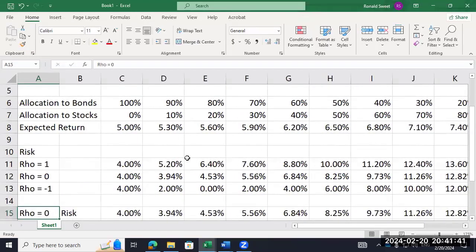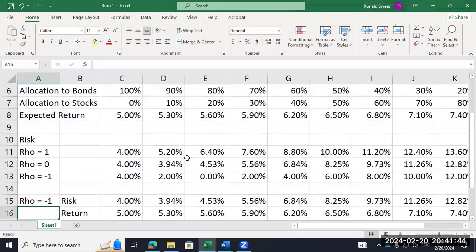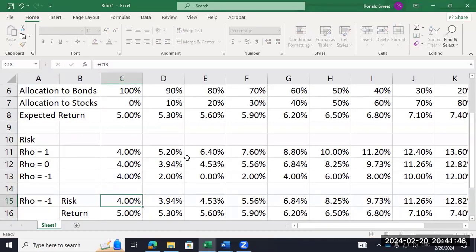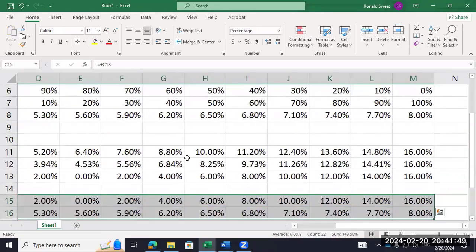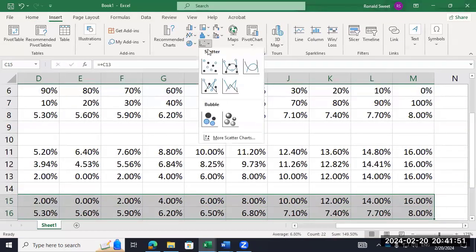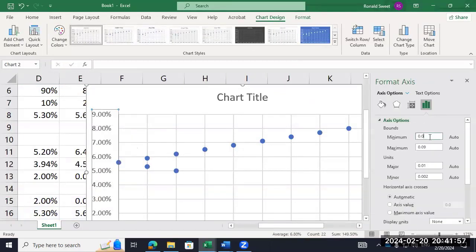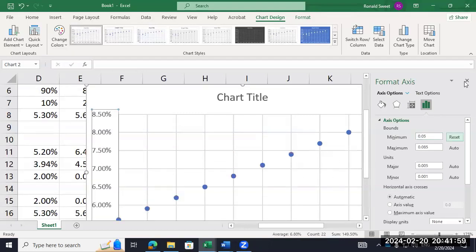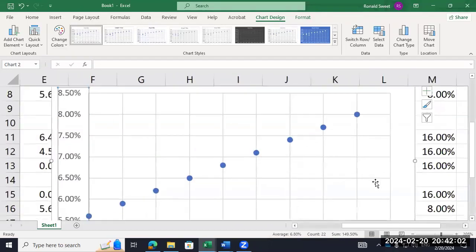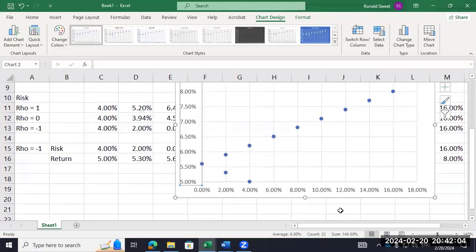Now, if we do the negative one, that's when you get something really, really bizarre. All right, so where's the one correlation going to be? Just a straight line. Would you ever buy this portfolio? No, because you can buy this one with the same risk but higher return.